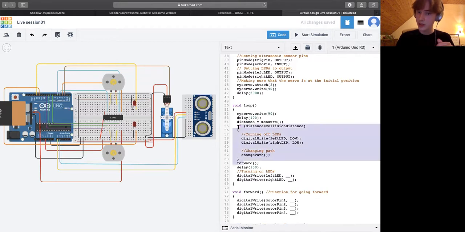However, if our distance is more than collision distance, we don't want to make any decisions. So we simply go forward. We delay 0.1 millisecond and we turn on our LEDs. So thus we write,